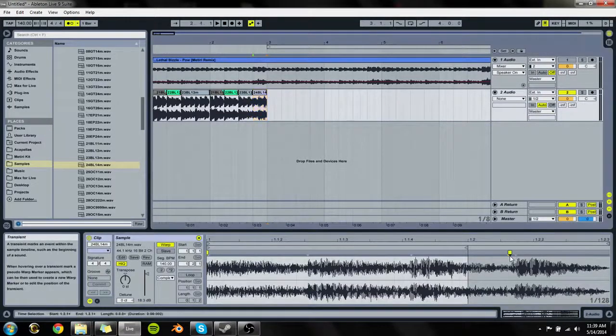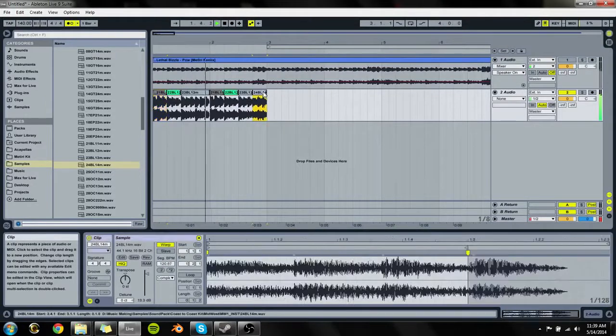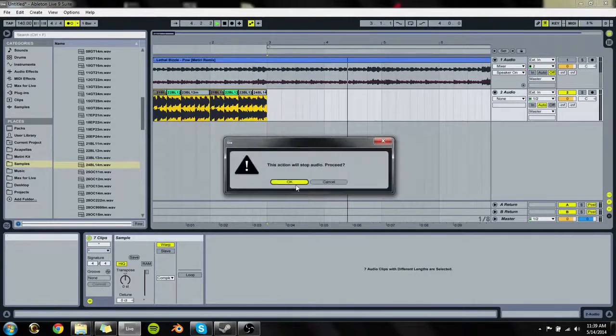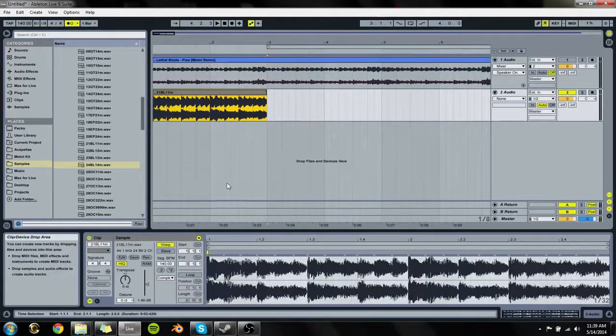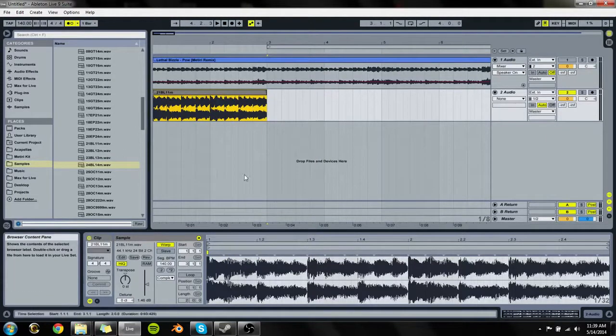So I guess there's not much to really talk about until we get to the mixing part, which, I mean, I'm pretty much there. So I just select it all and press Control J, and that's the same as right-clicking and going to consolidate. And that just makes it one thing. So I could loop this, and now...